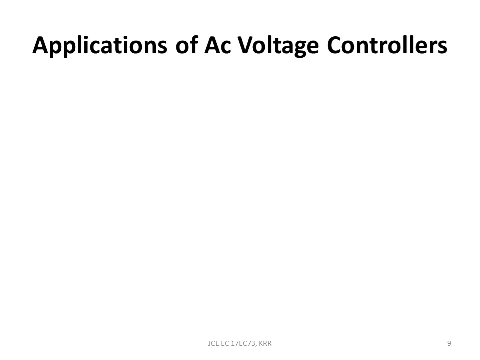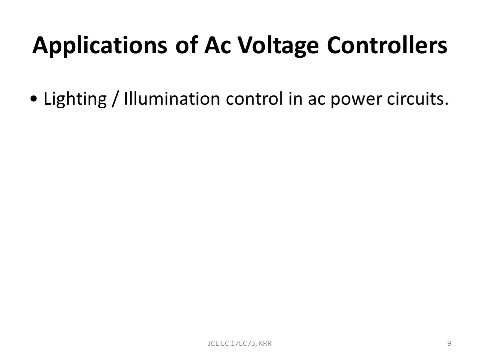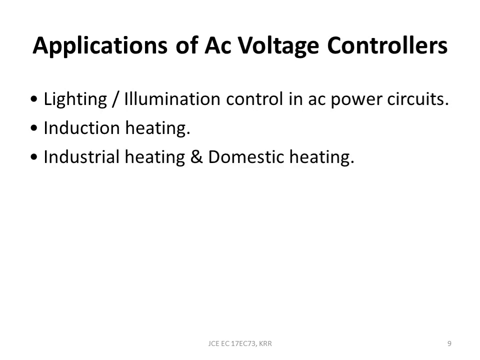Now, applications of AC voltage controller. It is basically used in lighting or illumination control in AC power circuits. So if I want to control the intensity of light or illumination, then AC voltage controllers can be used. Or for induction heating, in industrial heating and domestic heating. Even at home, if you want to control the heating of water or heating of anything, you can control it